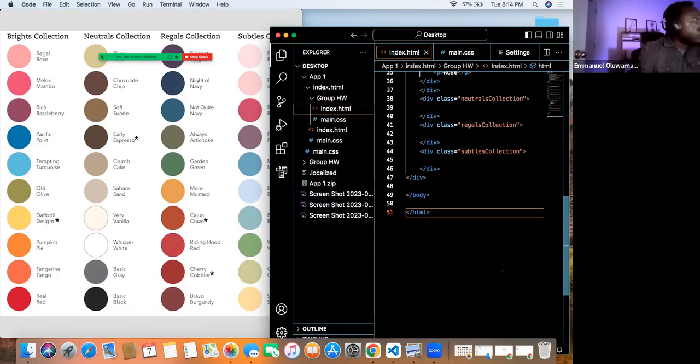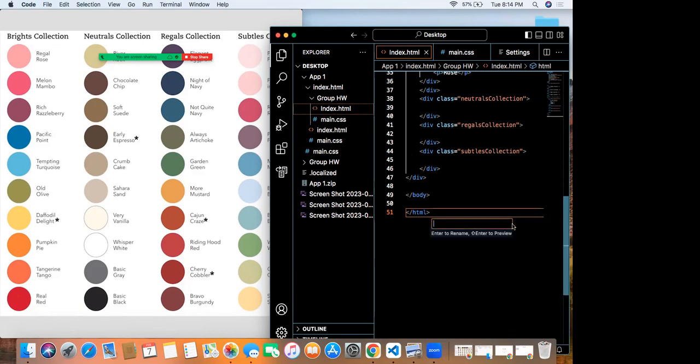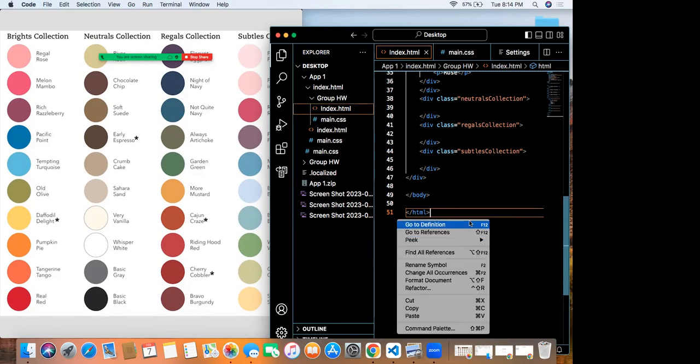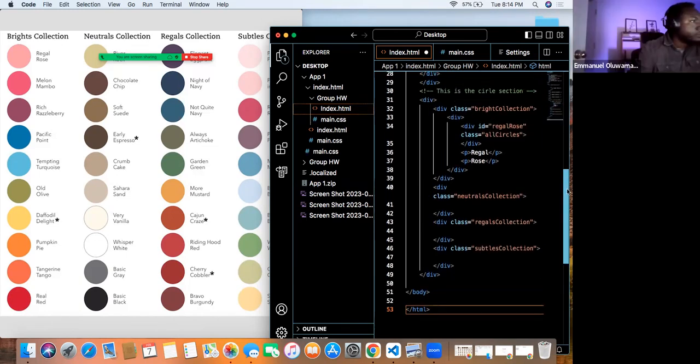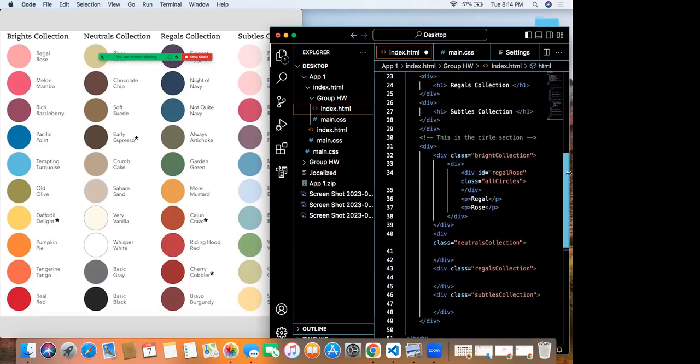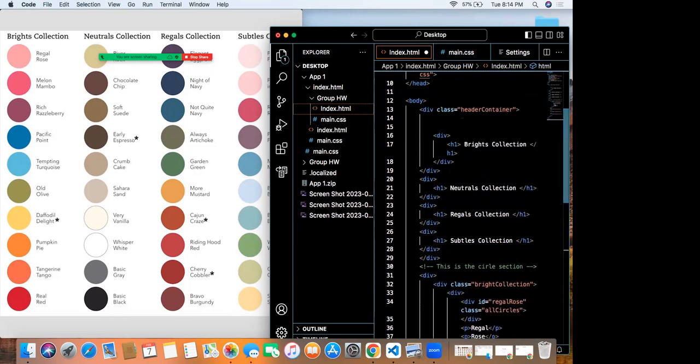You see format document down there? See if that helps. Regardless, you might have to set your computer up to format your document automatically.